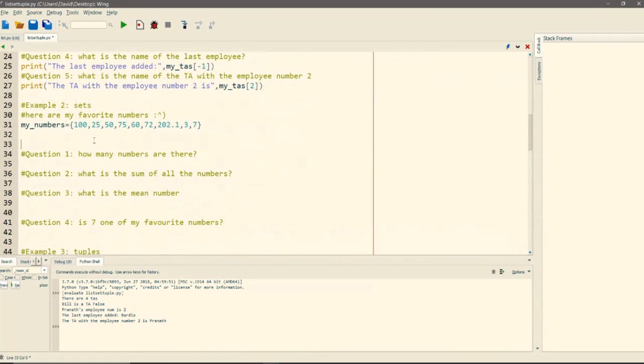So this kind of shines in this question, because what I might have here is a set of my favorite numbers. Don't worry, I don't have all these as my favorite numbers. You know, maybe 3 and 7 are the ones that stand out. But it's going to be a set.